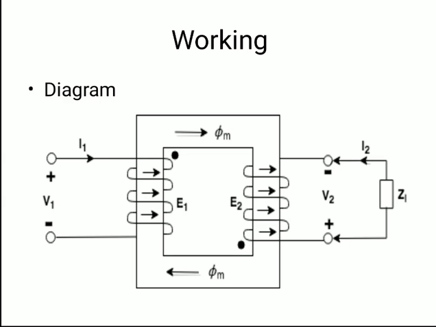Current flowing in the primary winding is I1. Current flowing in the secondary winding is I2. Flux is denoted by phi, and the small m represents maximum flux. It is flowing in the clockwise direction, if you see the direction of the flux in the core. The frame-type structure that you can see in the picture is nothing but the core, and these are the windings.